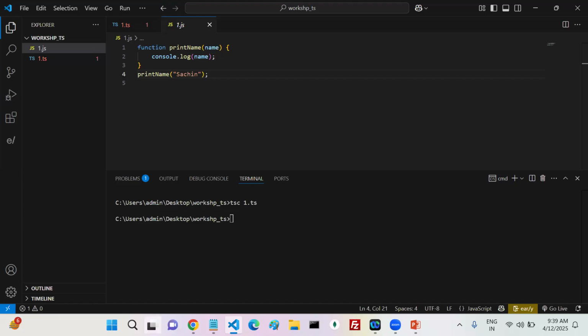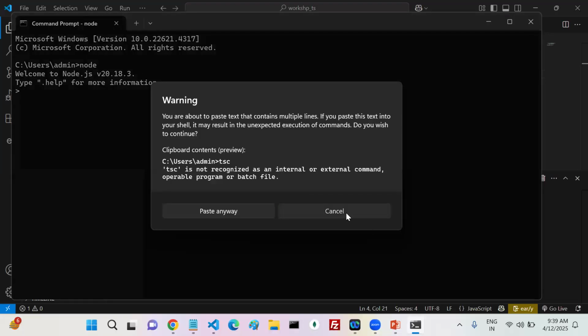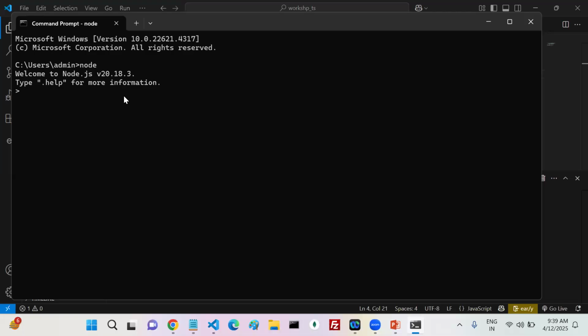How can we check whether node is there or not? Node, see, this version is there. Already installed. If not installed, simply go to Google, get the node software, and install it. Otherwise NVM, node version manager, is software you can install. Any one of these is fine. That's it. Once node is available,